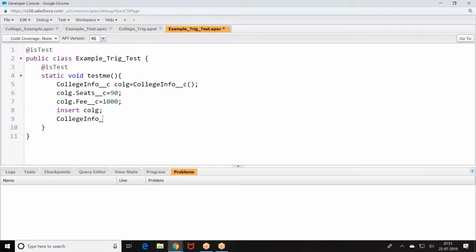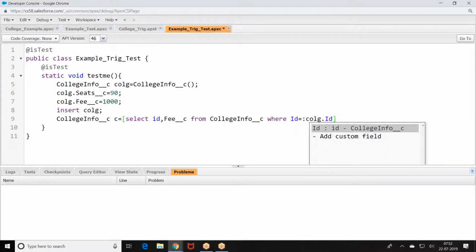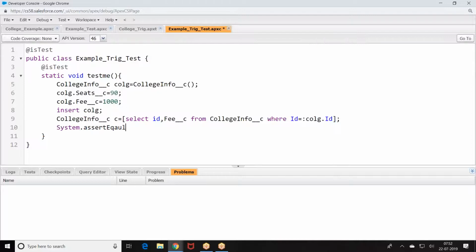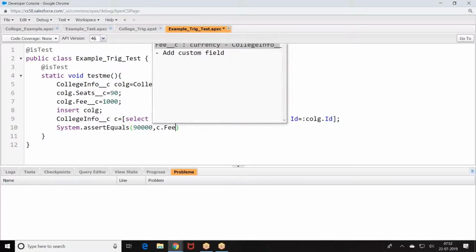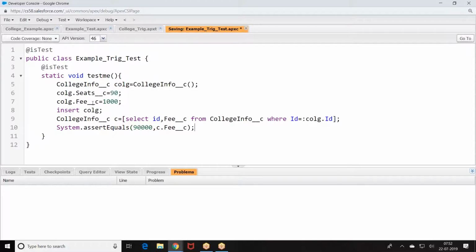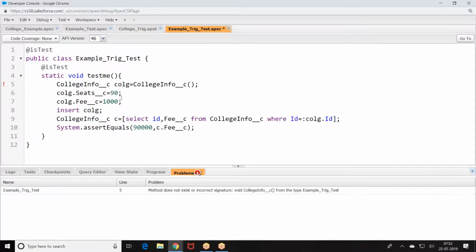If the trigger is running properly, the value should be modified as expected. This is how we have created it. What was that? College info.